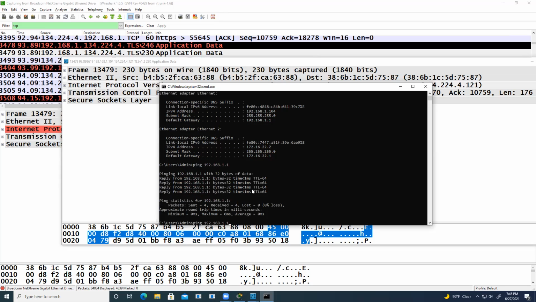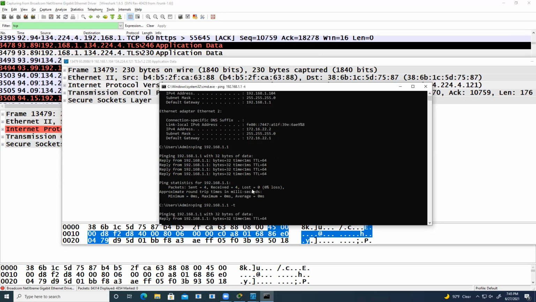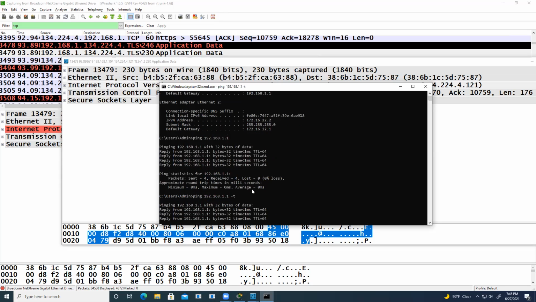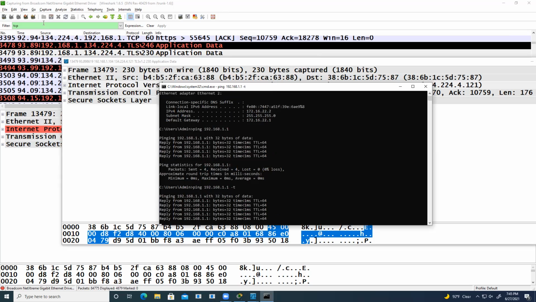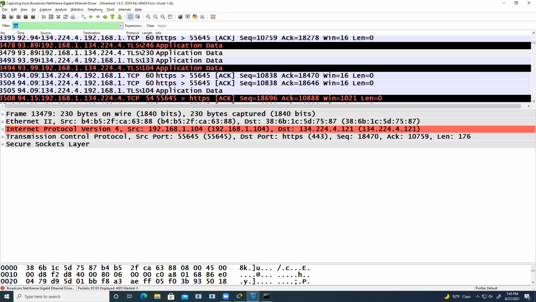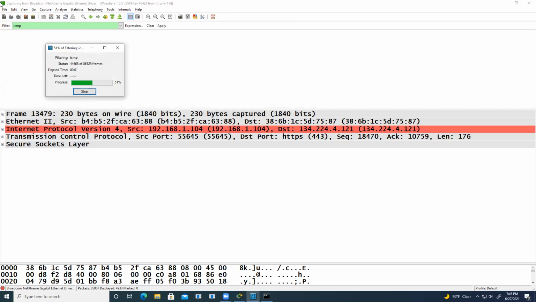I'll do a continuous ping, which means -t. Okay. Then I'll filter the ping traffic, which is called ICMP, layer 3, Internet Control Message Protocol.